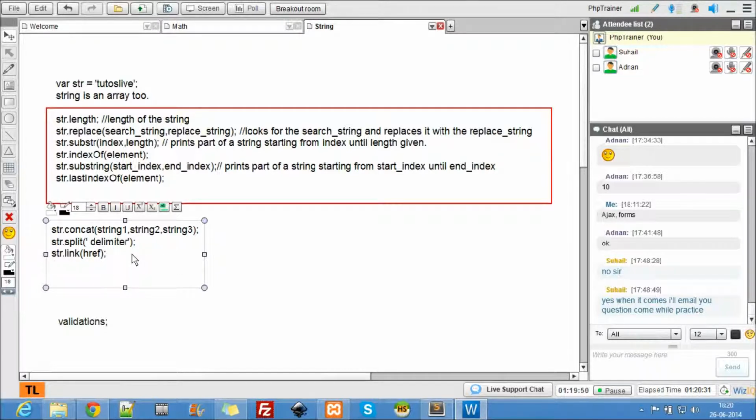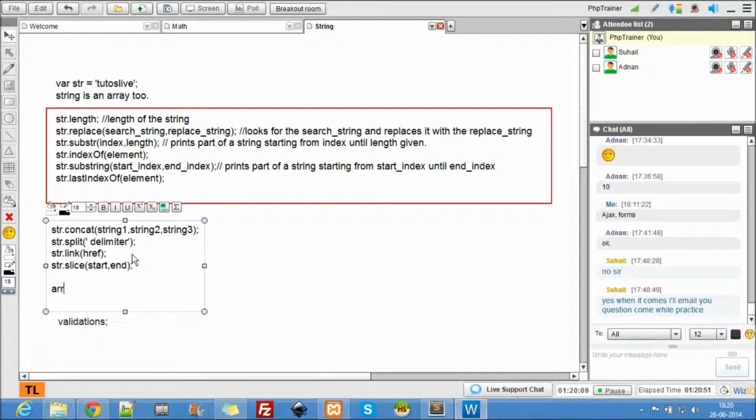This is some fancy thing, not important but fancy. And most probably the next is str dot slice, which is the same as substring, start comma end. So the same thing, str dot slice.